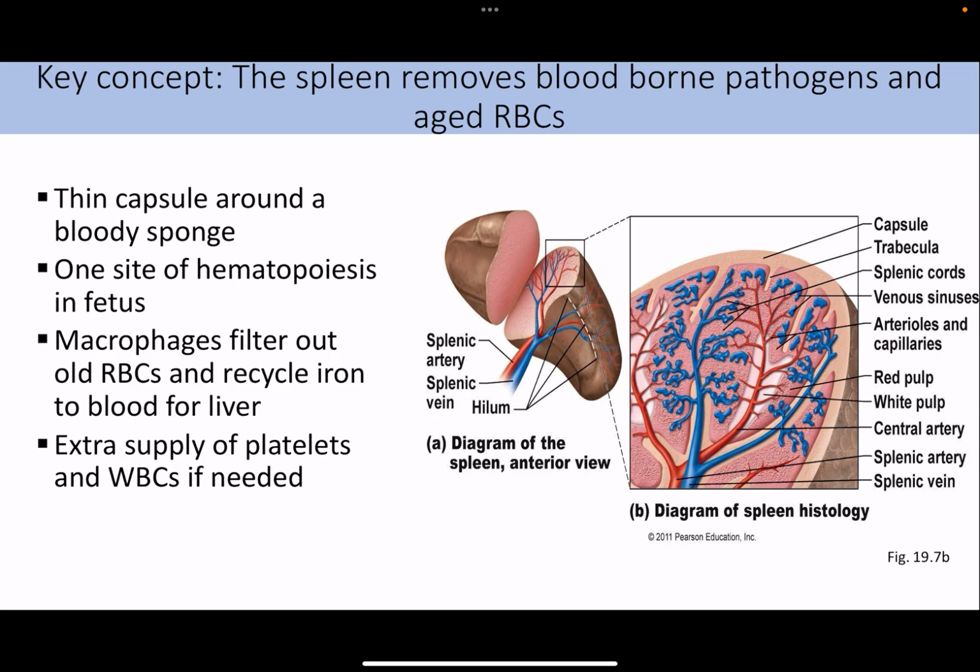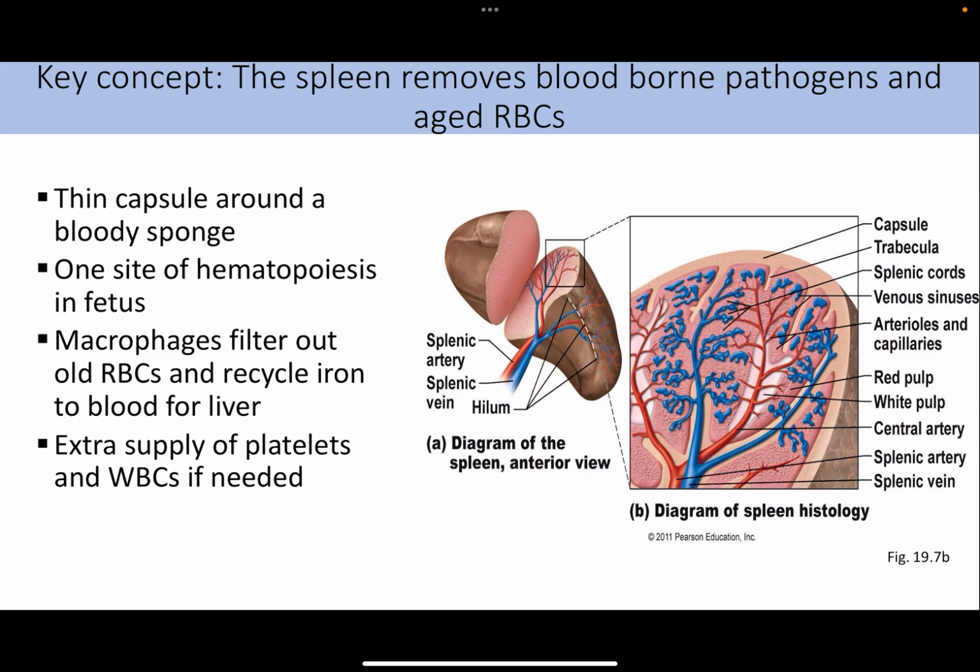Macrophages filter out old red blood cells and recycle iron to blood for the liver. We talked about the whole red blood cell recycling process, how it breaks up the heme group and the globin group. The heme group is broken down to the iron and the bilirubin. The bilirubin gets converted into bile by the liver, all of that. So it all starts at the spleen though. That red blood cell recycling starts at the spleen. Also,